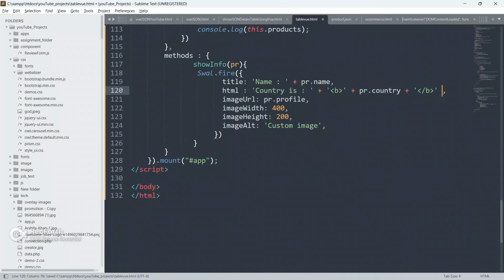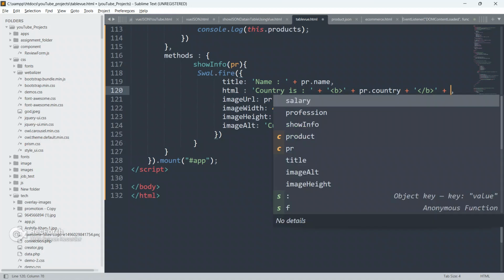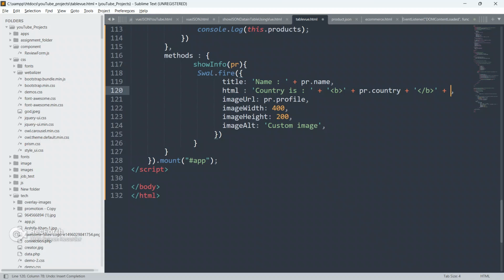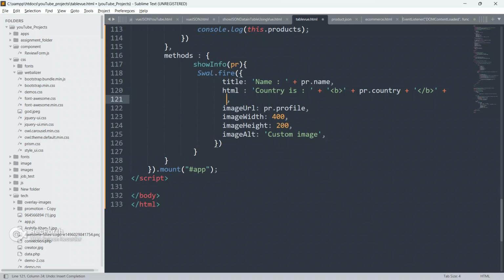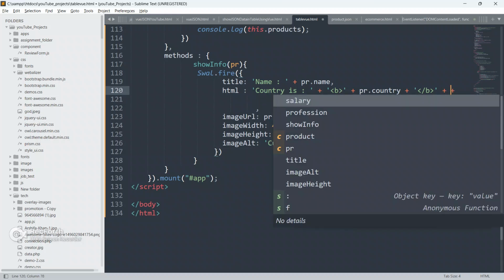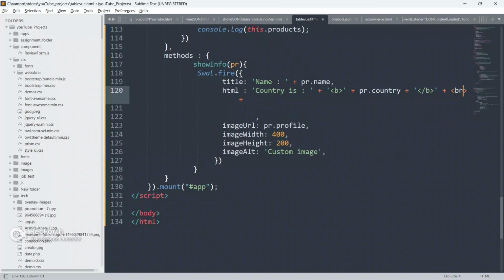Just paste it here, and now again I am going to concatenate something. So put plus, and now again we have to put BR also.